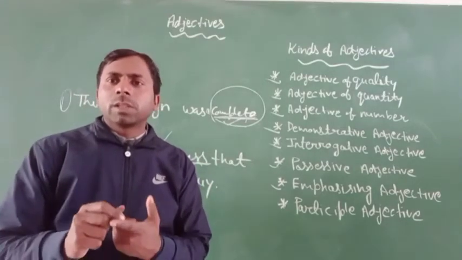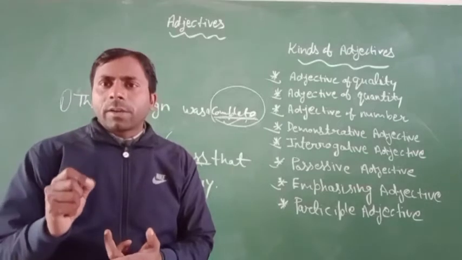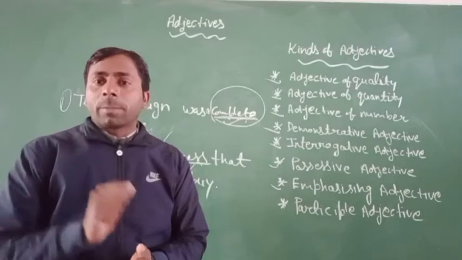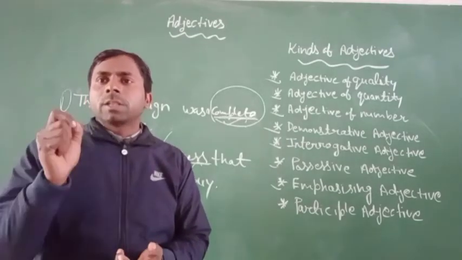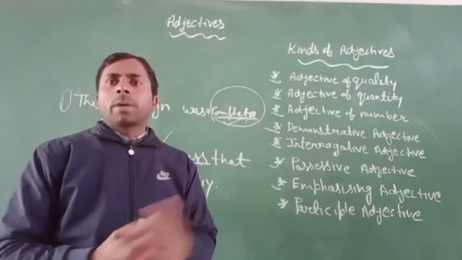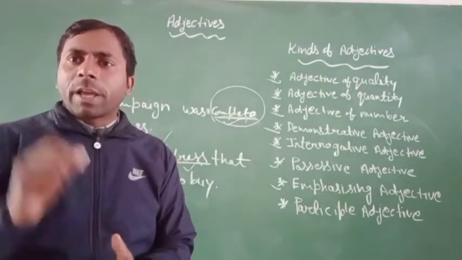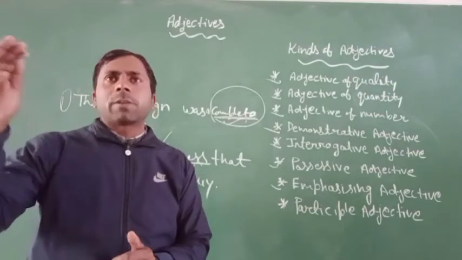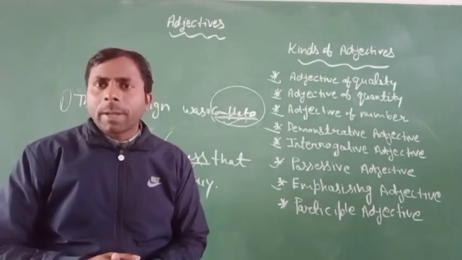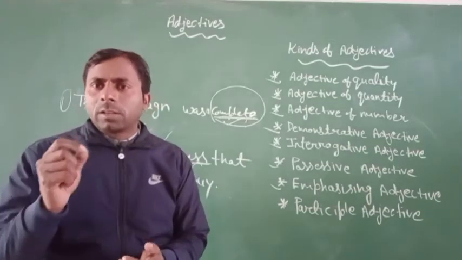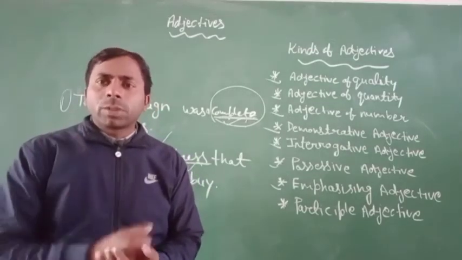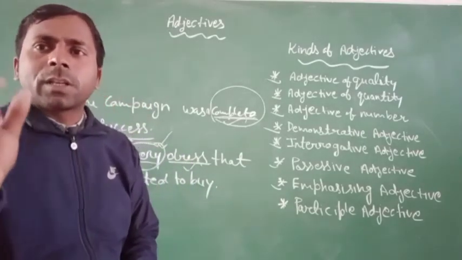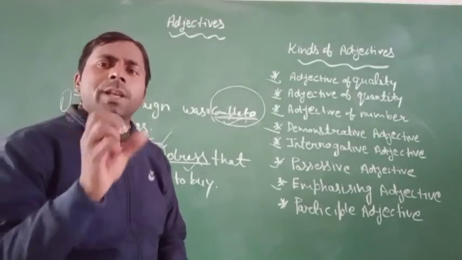Where can we use "few" or "a few" in a sentence? "Few" means not many, but "a few" means something. For example, a few birds perch on the tree. It means there are some birds perched on the trees. But when we read a sentence like "Few students were at school today," few students means not many, means less.